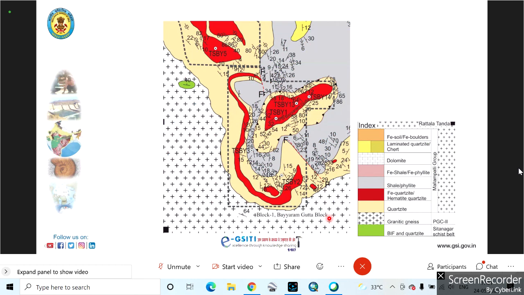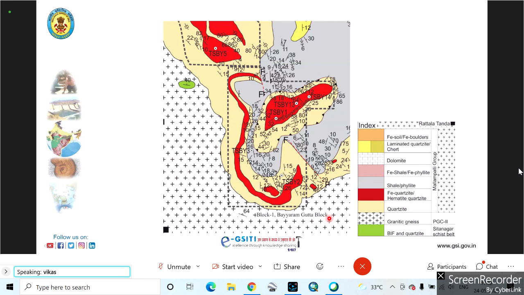So I'm not showing you the whole of the mapped area. This area we had taken up for a G2 item, actually for iron ore. This one was taken up because there was a division of the states of Telangana and Andhra Pradesh, and after that division, the Telangana government was interested in fixing up a steel plant here. So earlier also mapping was done in this area.